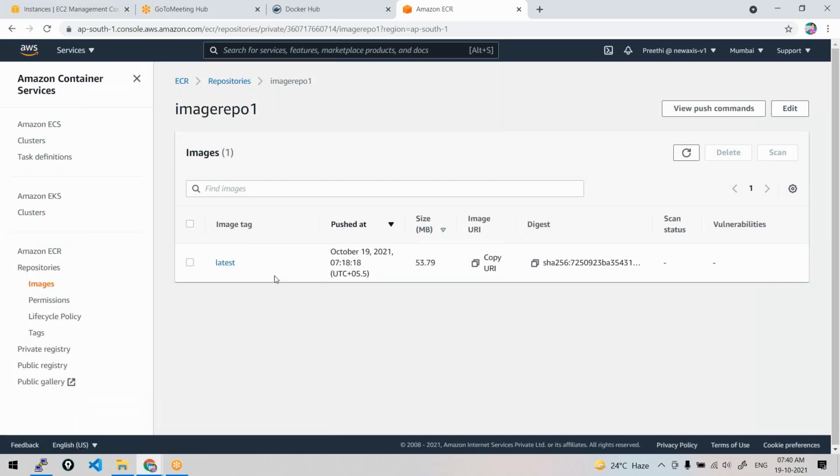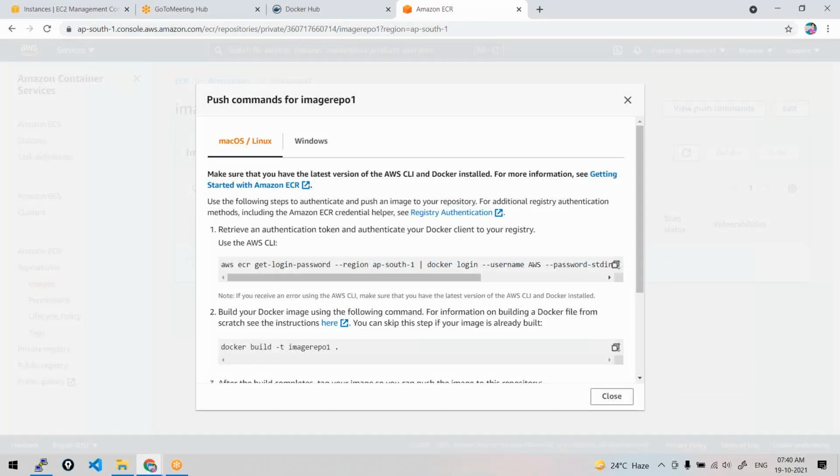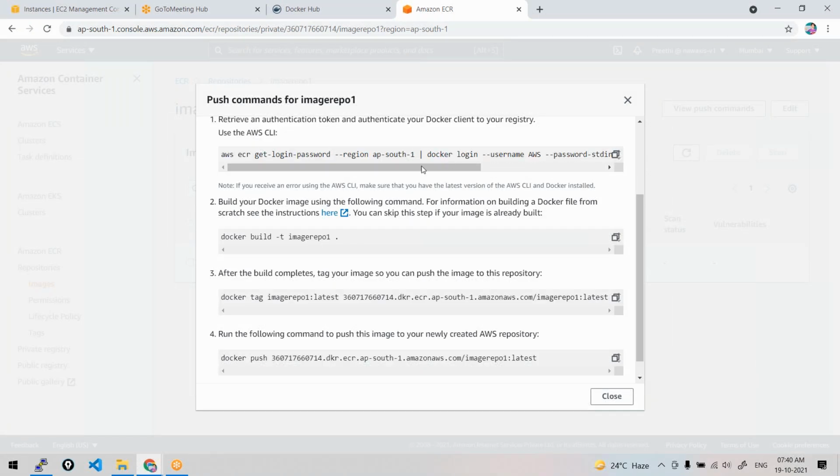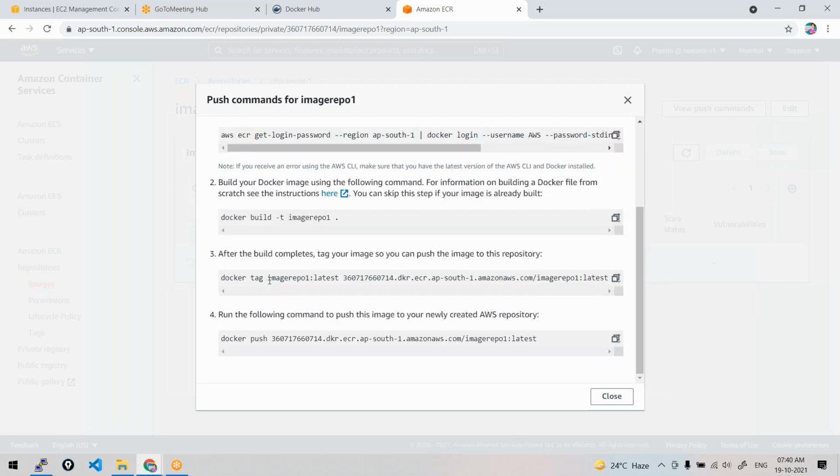Here, if you want to push it, again tag it accordingly. You can view the push commands. We have already logged in. You need not log in again and again. So just come here. You have to tag it accordingly with this name, right? That's all.